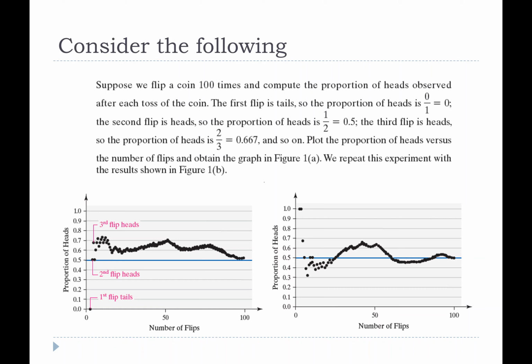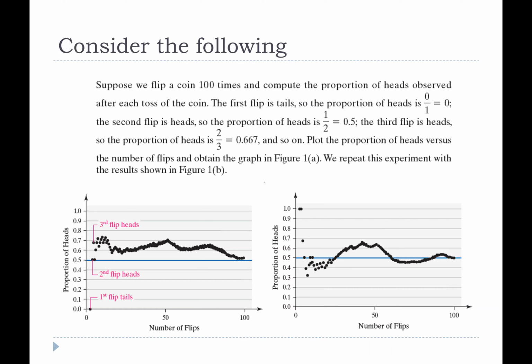So we've got two graphs. Obviously, you can see that on the left, those are the actual flips and what happens. They're clearly getting a lot more heads in the beginning, and then as they get tails, it comes down some. But if you look at the proportions themselves, remember the first one was 0. The second one,